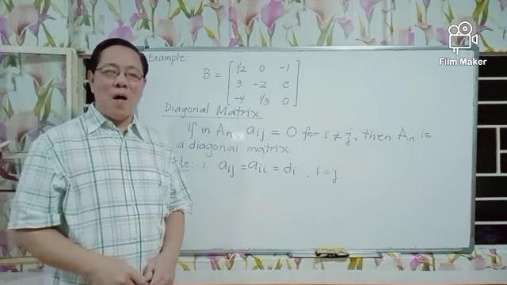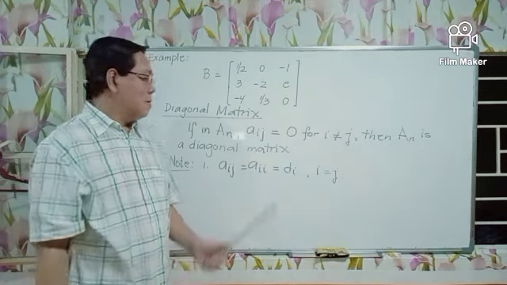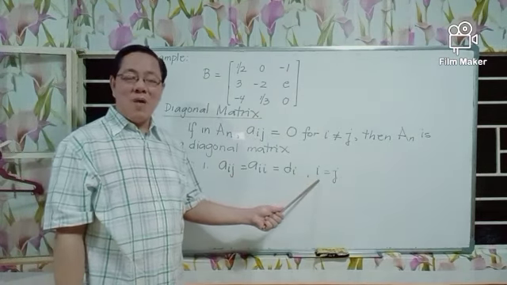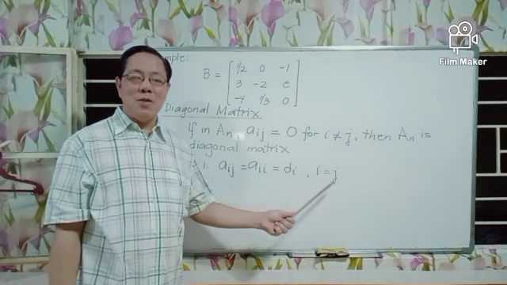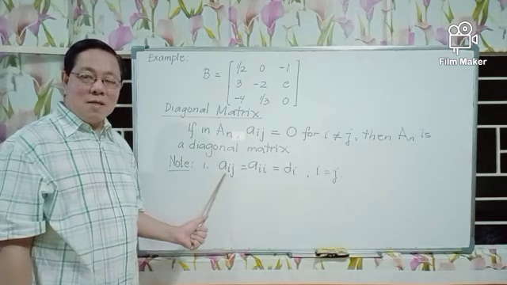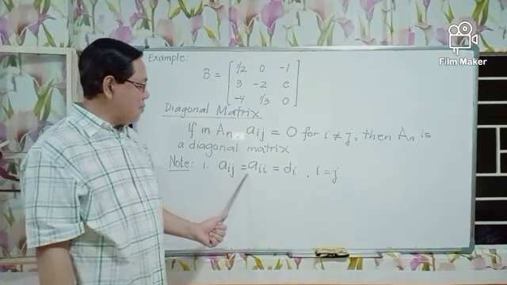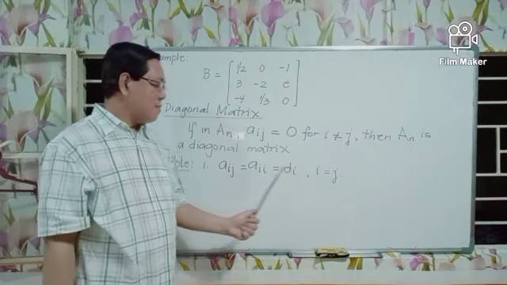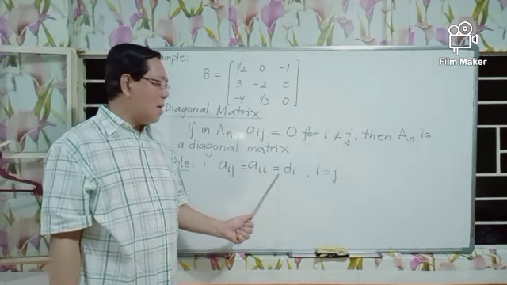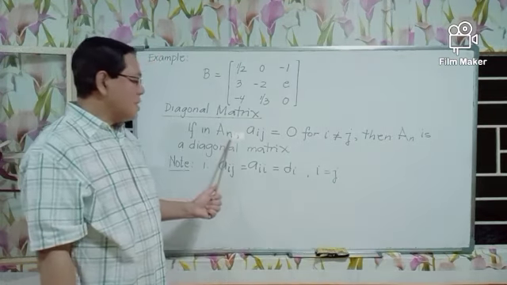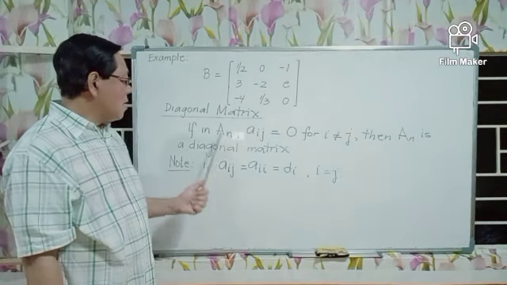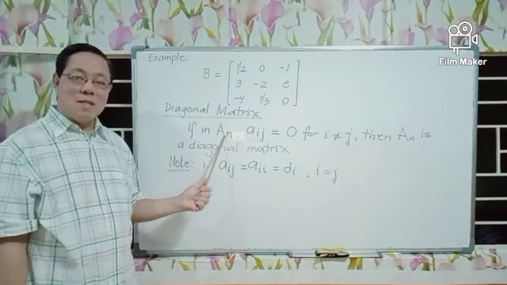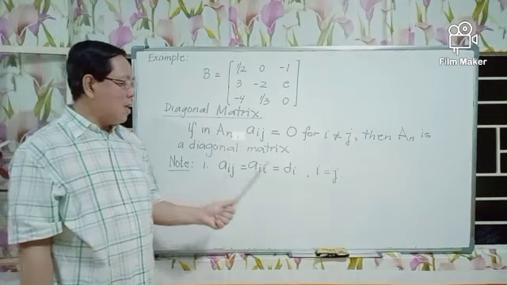the diagonal entries of the square matrix A with size n by n are denoted by A sub ij. But we have the condition that the subscripts i and j are equal. Hence, the diagonal entries A sub ij can simply be written as A sub ii, because j is equal to i. And the diagonal entries we now denote by d sub i, where i is 1 to n. And if we know that the diagonal entries of the diagonal matrix A sub n are d sub i,